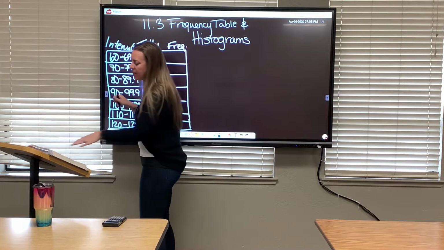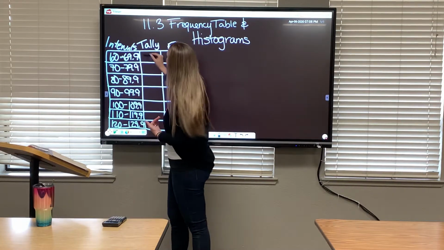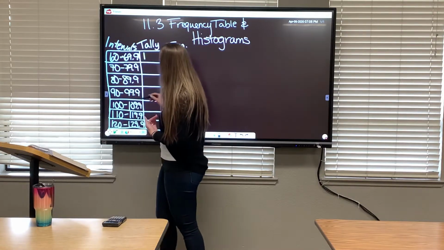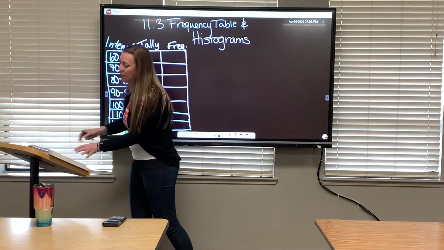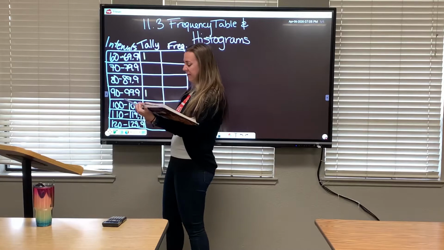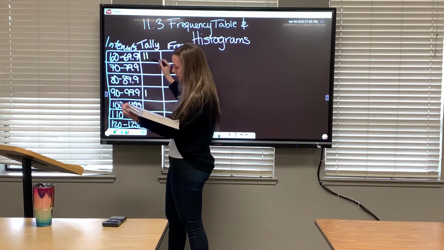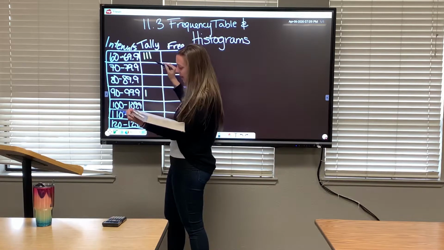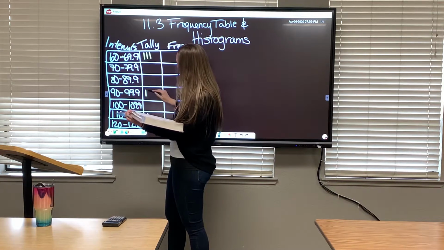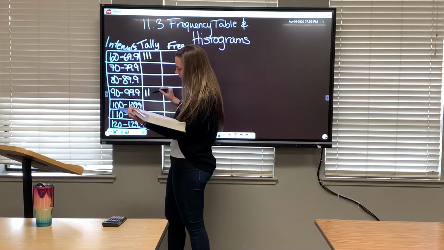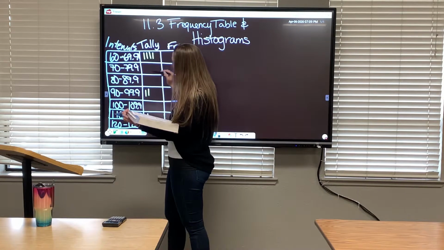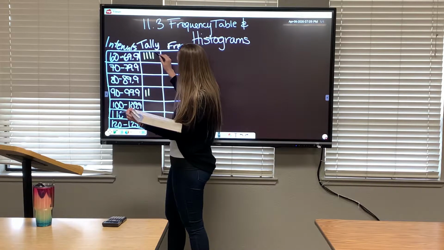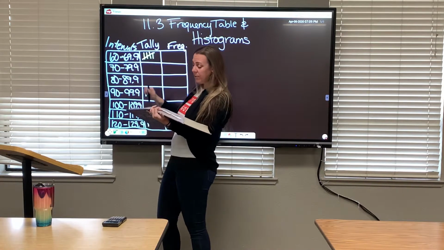So I have 66.4, that fits into this category right here. Then I have 94.5, it goes here. So I'm going to take all the information that they gave us, 68.3, 115 is going to go here, 62.5, 97, 66.4, 126.5, 63.4, so I just got to 5, I'm going to cross it,